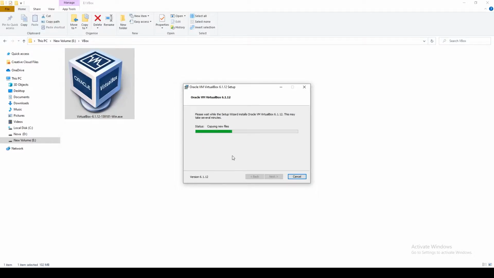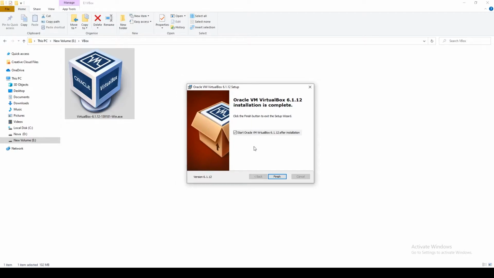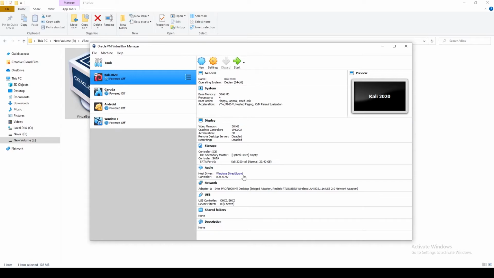During the installation, you will be prompted several times for other software and driver installations, which you should click yes on. Now once the installation finishes, you will see this screen. Now click on finish. Now this is our VirtualBox. I have some pre-installed applications here that I installed on the previous version of VirtualBox. But for simplicity, I'm gonna show you how to configure and install a new OS inside this virtual machine.